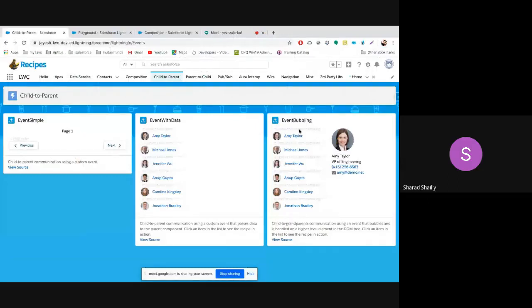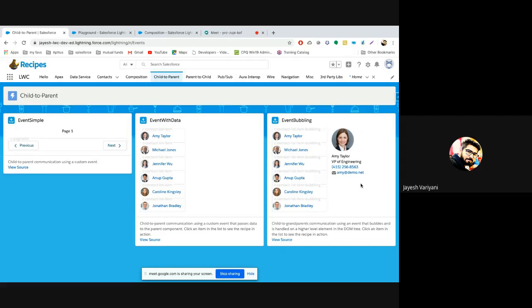Is it clear to anyone? Any doubts on this example? Do we still have the grandparent also? No, in this example, we are not having that. That's the reason I'm explaining it, because see this Amy Taylor, when I clicked here, this child has dispatched that event by making bubbles equal to true. So its immediate parent, that is event bubbling, is handling it by prefixing that on.